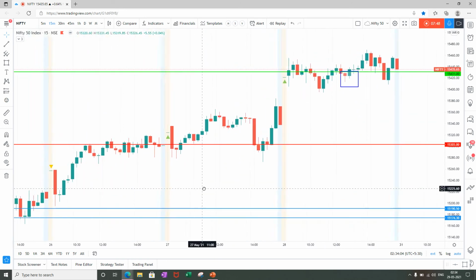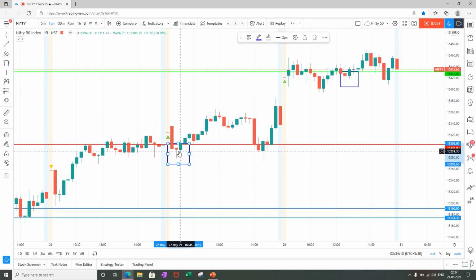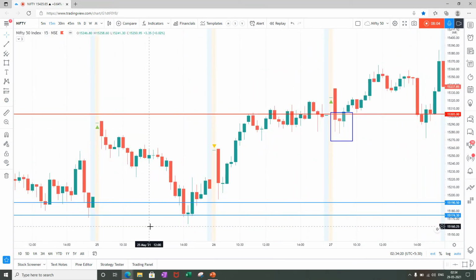The second wick, if you see this wick, is another good wick where the trend is going down. The length of the wick is 3 to 4 times the body, and the closing percentage is less than 35%. Then this may not be a wick because the closing percentage is more than 35%. But if you see here, this is a perfect wick